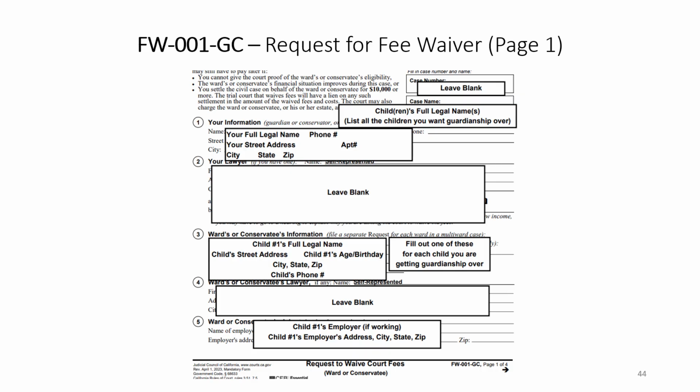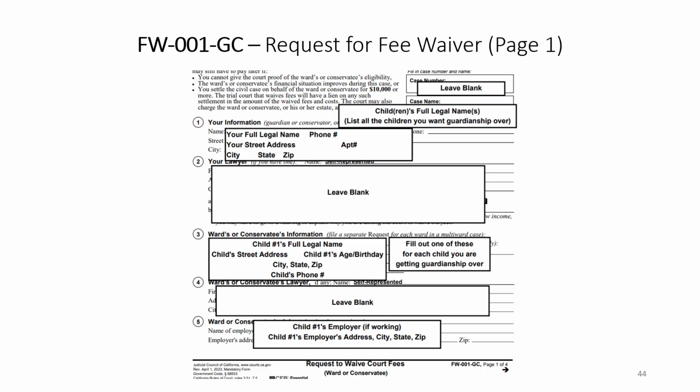The next two forms are fee waiver forms. The filing fee to file a guardianship petition is $435, plus there will be a court investigation fee of around $900. If you cannot afford these fees, you can apply for a fee waiver by completing the remaining two forms in your packet. If you do not need a fee waiver, then you can skip these two forms. The two fee waiver forms are